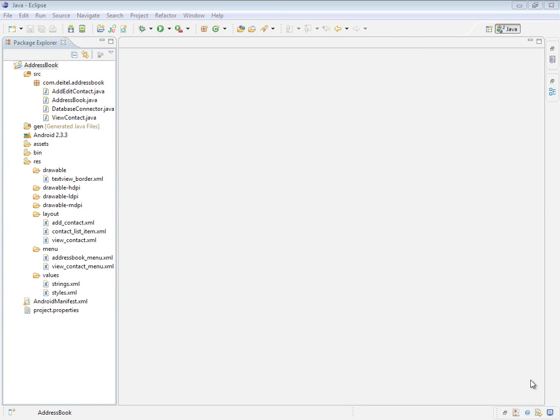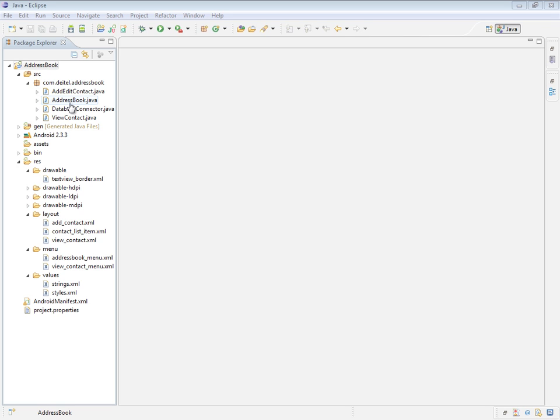As we mentioned in the test drive of the address book app, this is our first app that has multiple activities that work together to provide the functionality of the app. So let's go ahead over here and take a look at our address book project for a moment, and in particular within the source node you see we have 4 classes that we'll be looking at as part of this lesson,